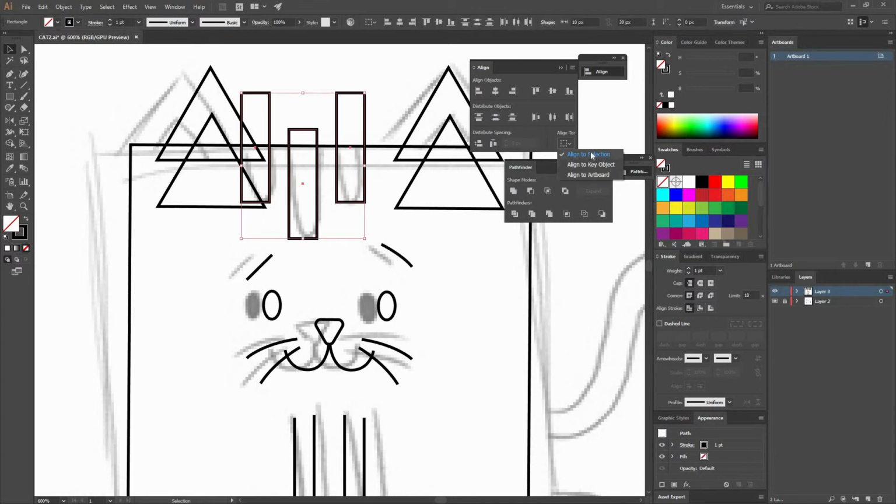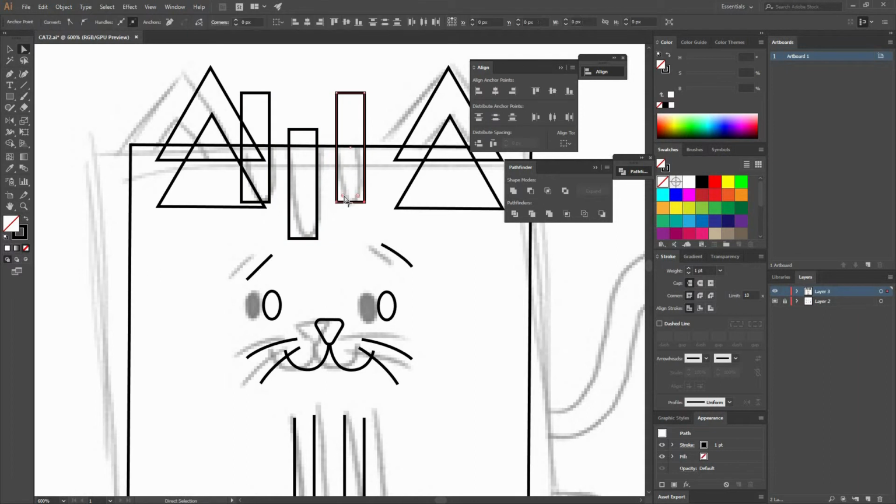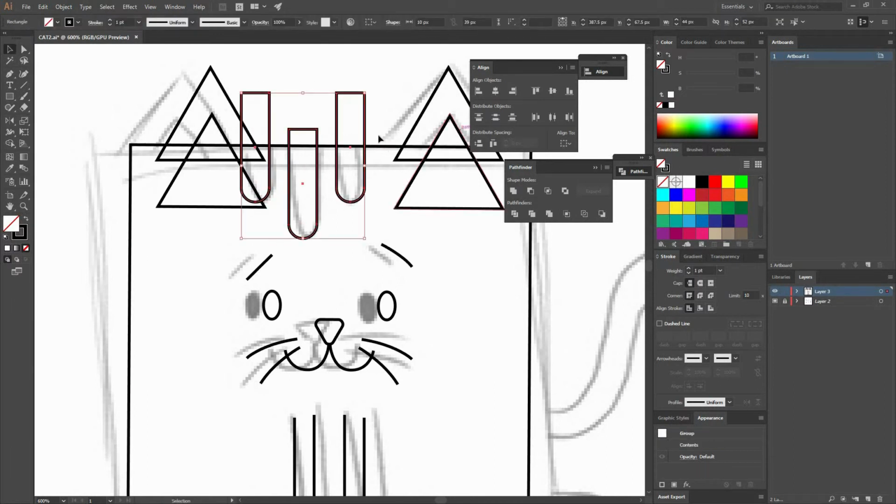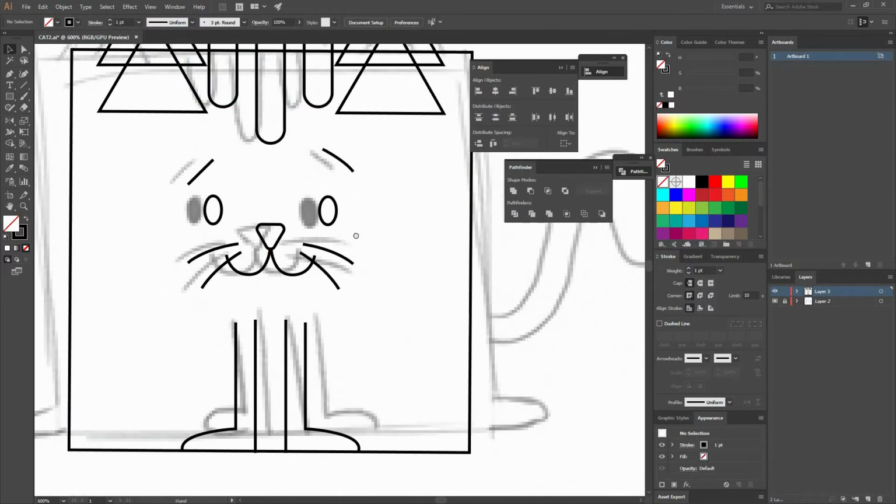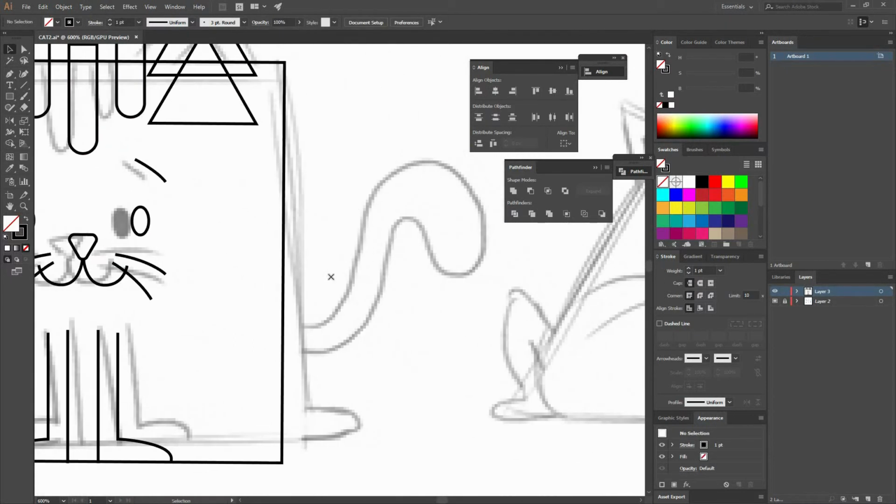Then I'm going to go to Align to Selection and go here to the horizontal distribute space, so they share the same distance between them. I'm going to group them, and I'm going to select the bottom anchor points with my direct selection tool, and round them all the way to the center. I'm going to group them and make sure that you align them again. I'm going to do the same with this tail, so I'm just going to go to my pen tool and just make the points.